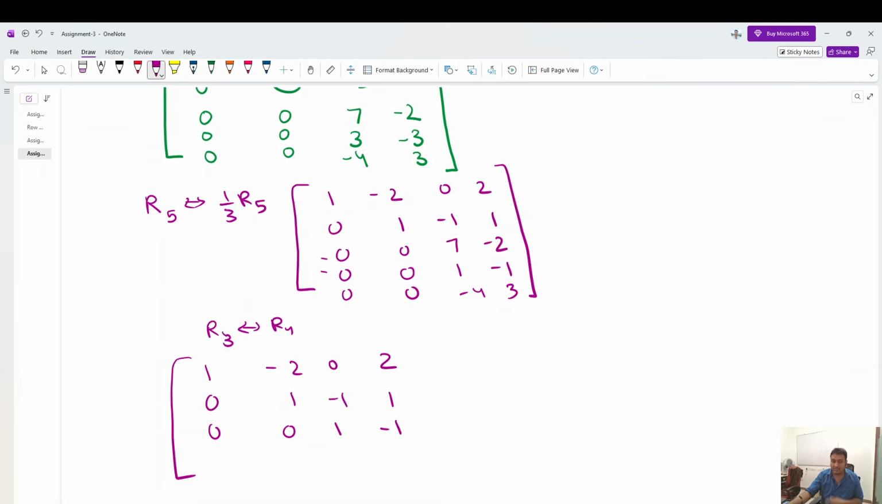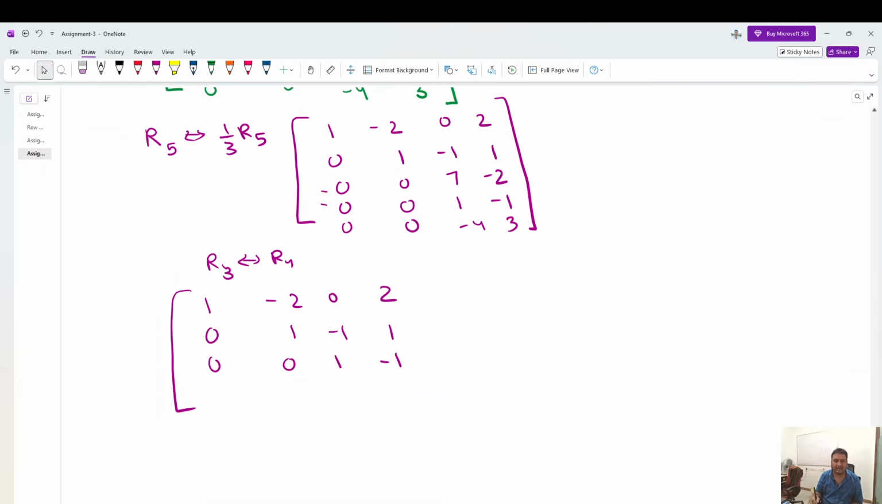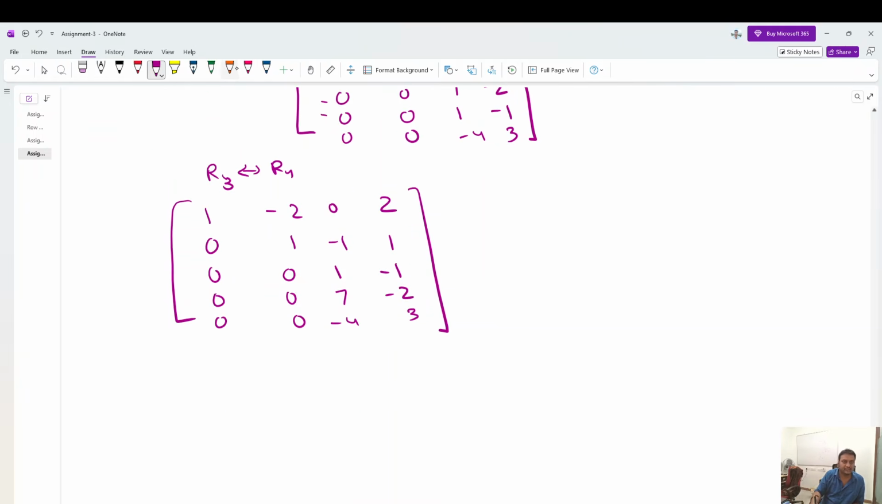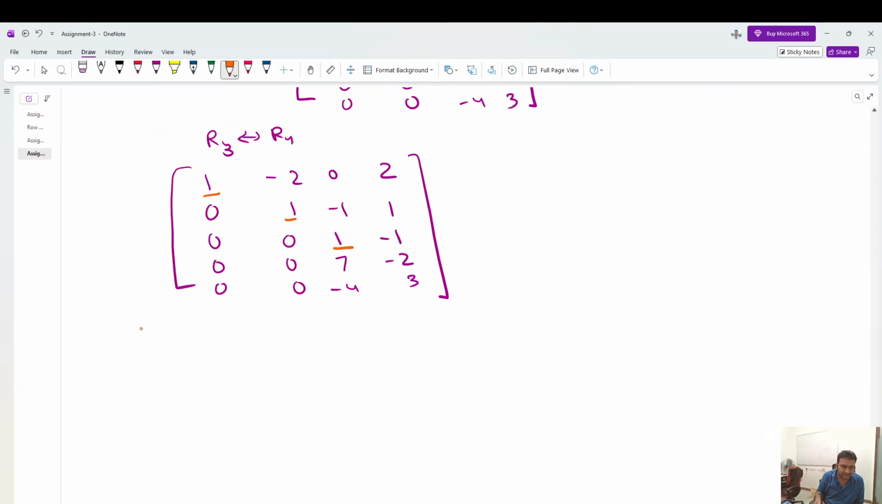minus 1. So see, you have to also take care of the fact that you're not doing too long calculations. Okay, then what it is? 0, 0, 7, minus 2, and then 0, 0, minus 4, 3. Now you know what to do. Now what is your pivotal thing? This and down this everything you have to make 0. So what will be the operations? The operations will be